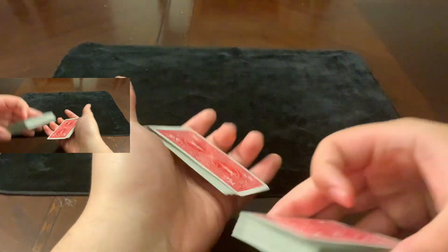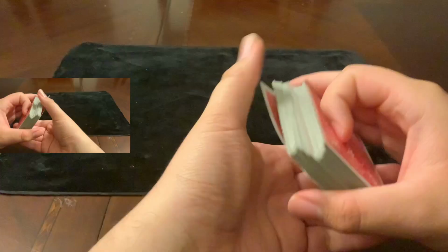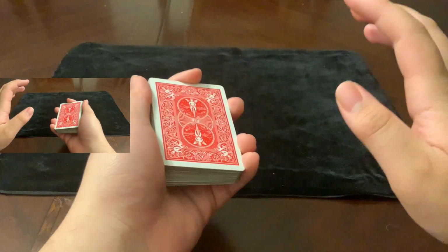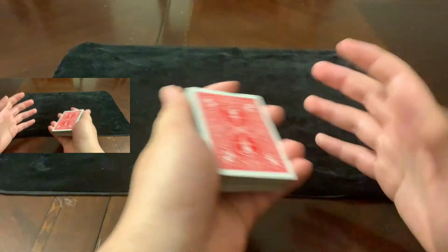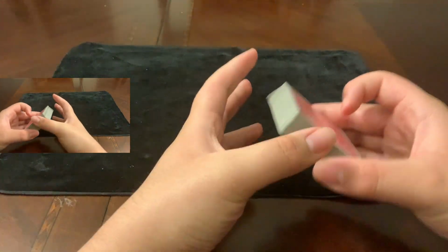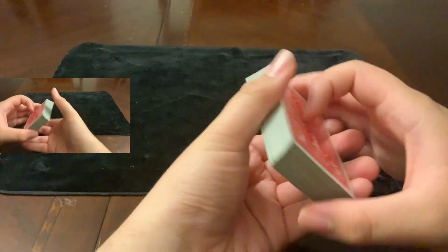For the swivel cut, like something like that. Okay, we will be doing a few sleights that will require the swivel cut, so that's why I'm teaching it now. And again, this is also pretty straightforward as well. To do the swivel cut,